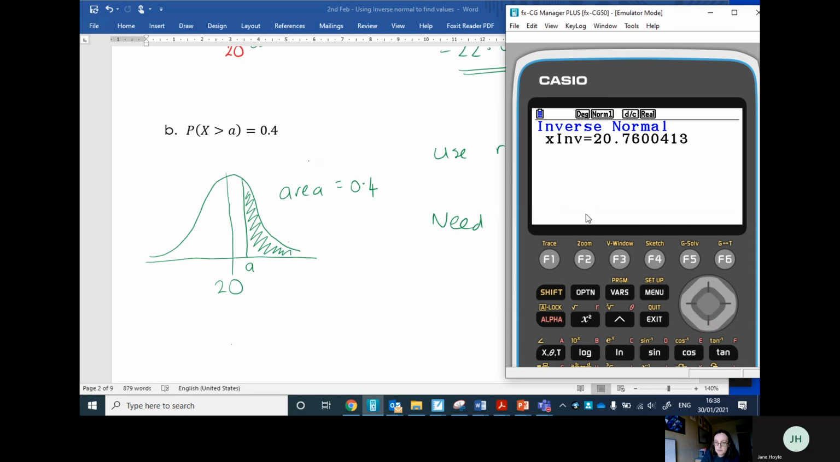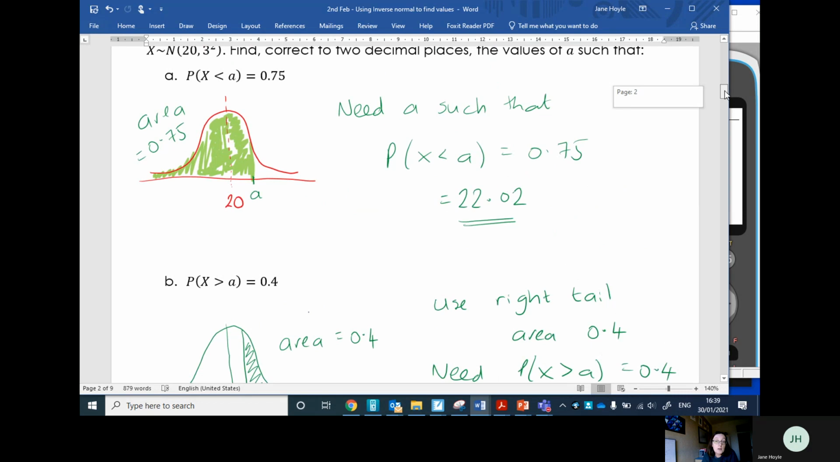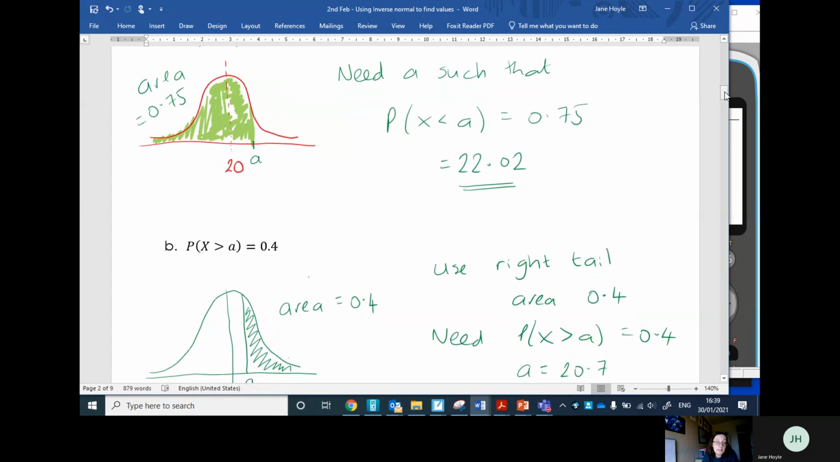Still same sigma, same mu. 20.7. So A is 20.7. So I get an answer that's closer to 20 than the previous one. Note that the previous one was 22.2, but of course our area before was 75, which meant that the remaining area, that blank area,